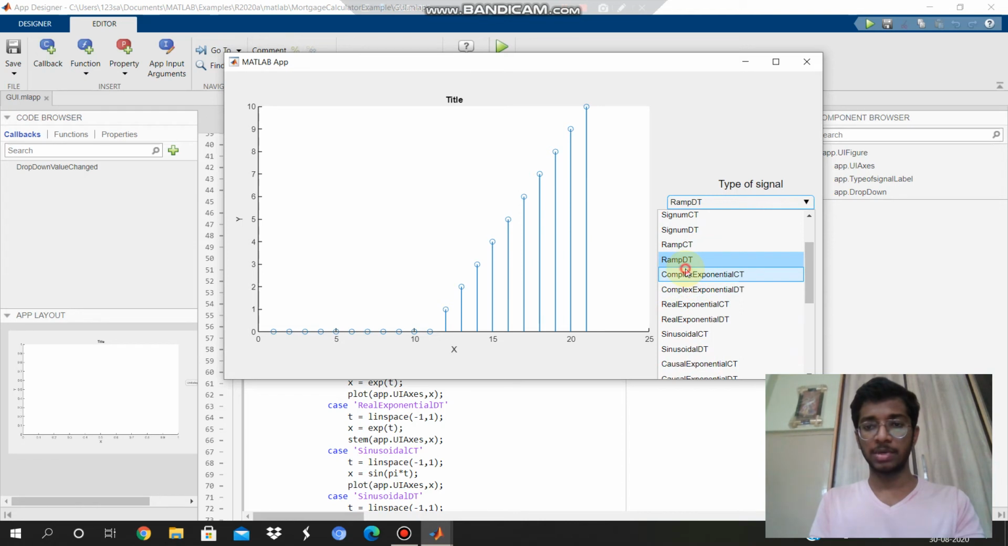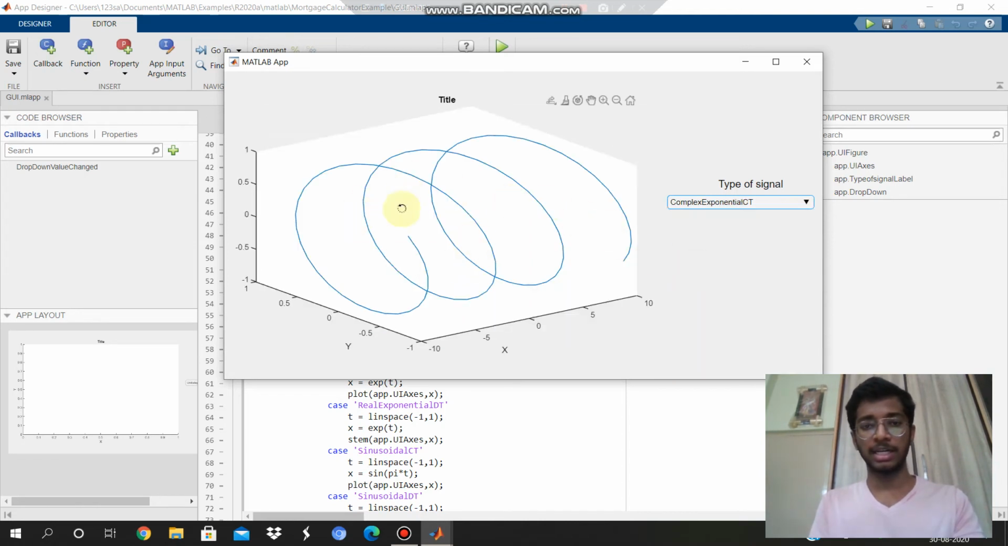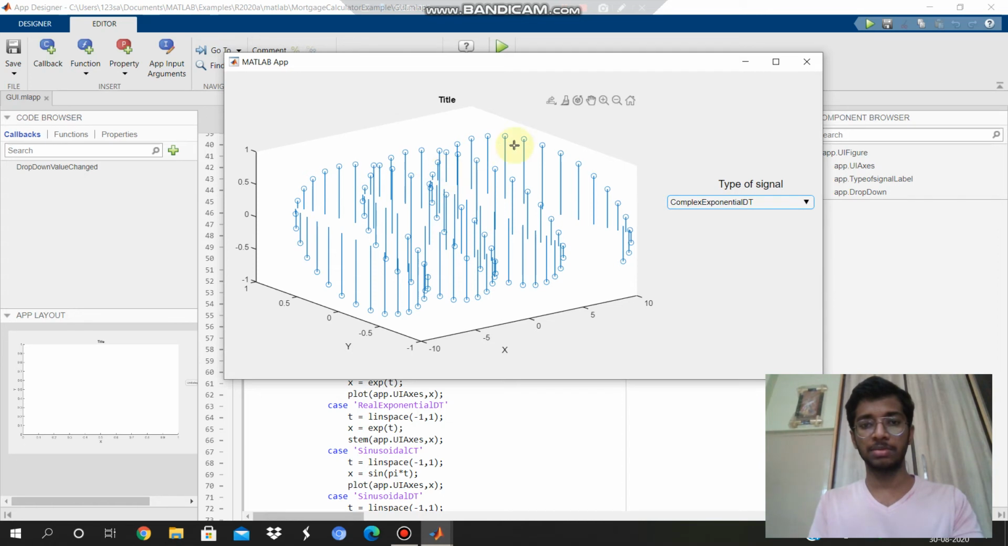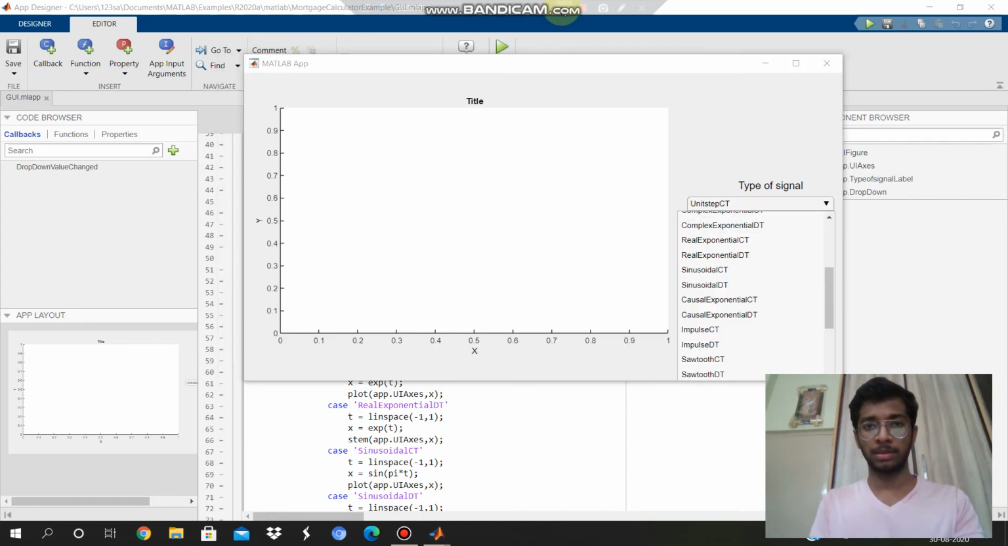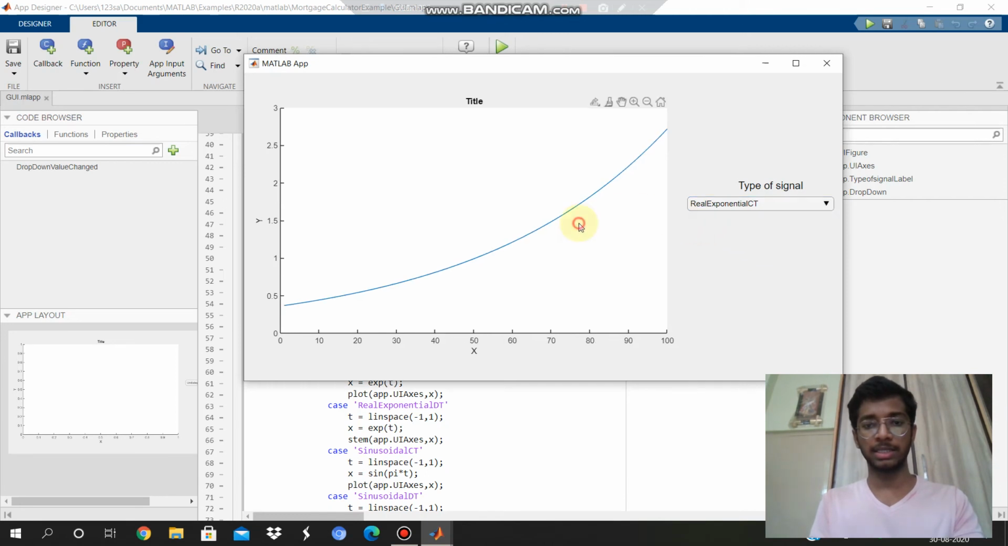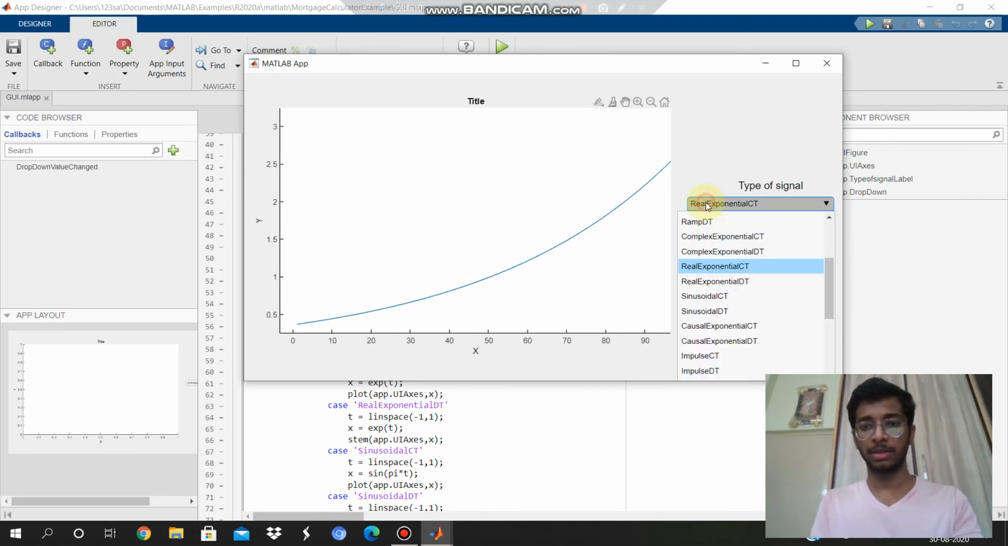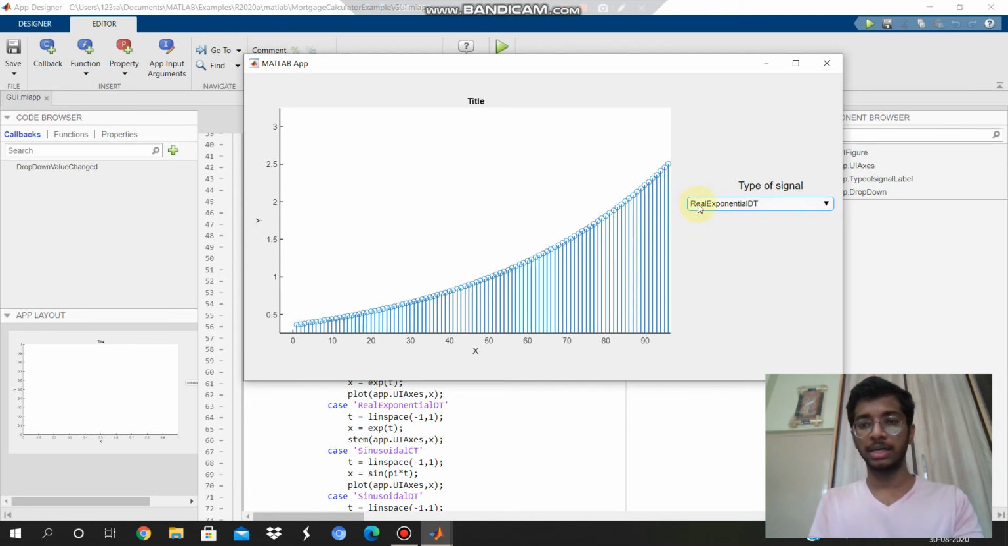And for complex exponential CT, and this is a 3D graph, which is a combination of both real part and imaginary part, and the corresponding discrete signal will be this one. And the next one is real exponential CT, and this is the graph. And discrete time signal real exponential,